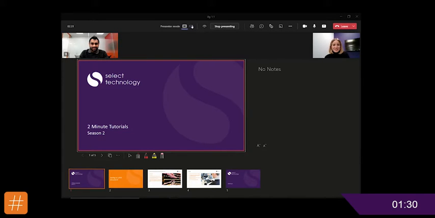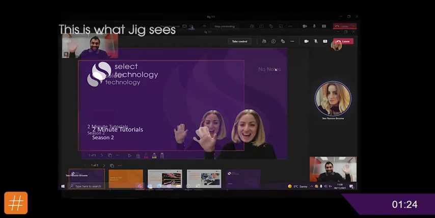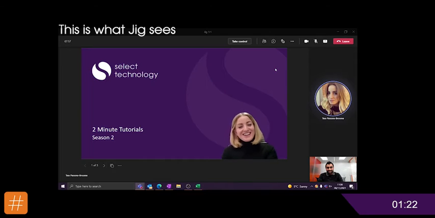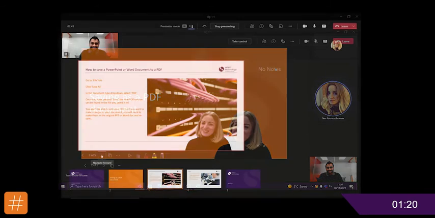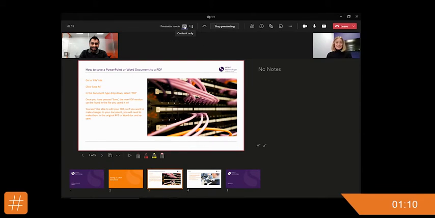So you can see in the top ribbon that you can select presenter mode, and there I am. So I can sit on my slides, and this is how your participant will see it. You can still see all your notes. You can see how you look on the screen as well. And then I can just easily switch it off. That's particularly useful if maybe you're handing over to another participant or you don't want them to see you anymore.